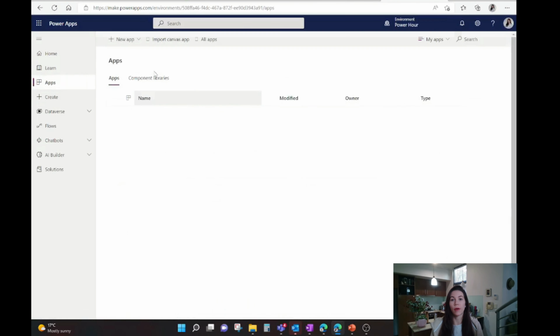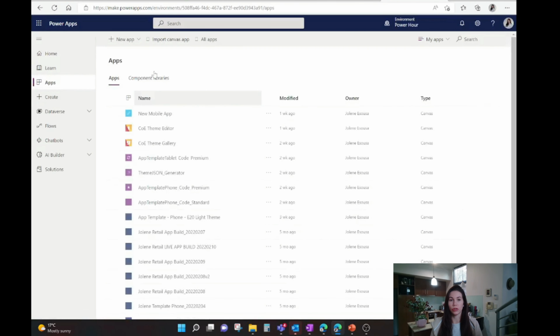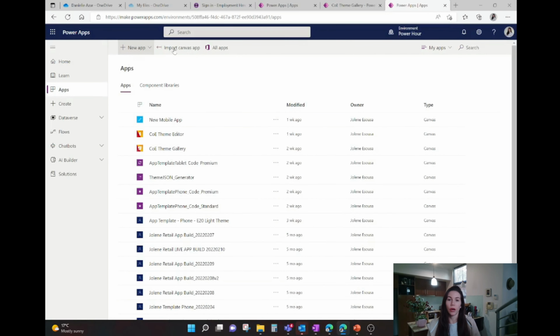Next, head to make.powerapps.com and open the environment in which you want to install and use the template. Now, this usually has to be the same environment where you install the Center of Excellence Themes Toolkit. So it's usually a developer environment. Okay, and then you want to go ahead and